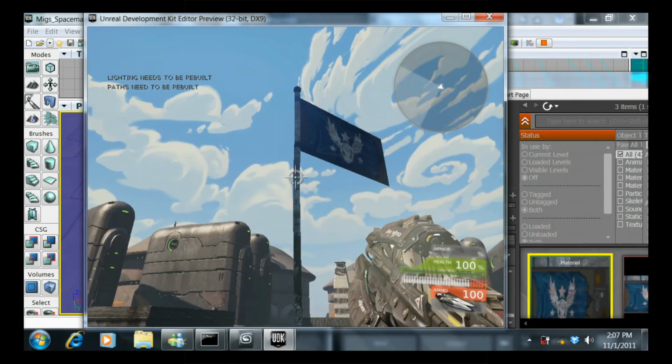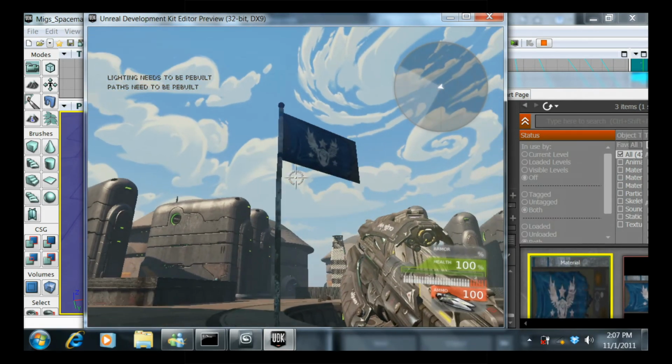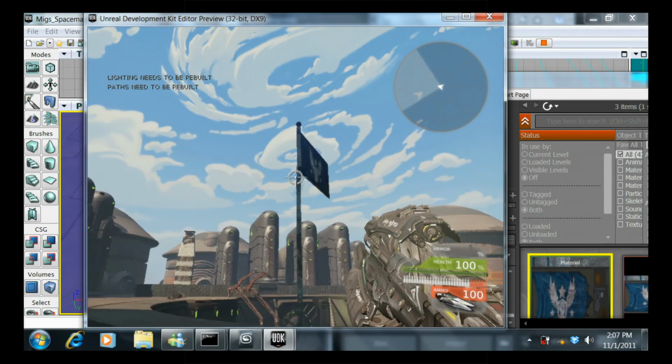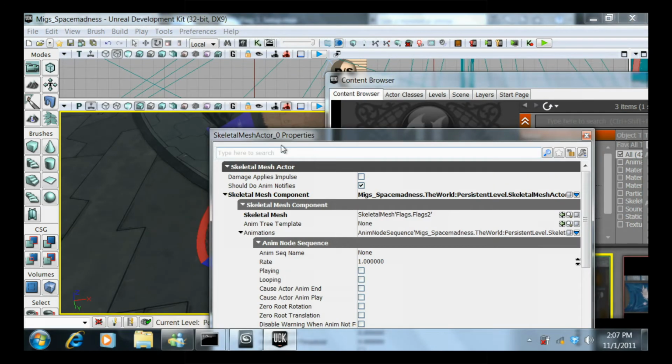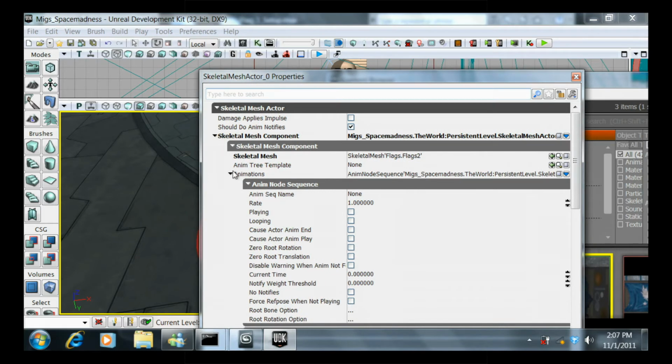So it's not doing anything yet. It's a regular skeletal mesh. Doesn't really have anything on it yet. So I'm going to set some properties on this object now. I want to set the static mesh actor, or skeletal mesh actor, to have some